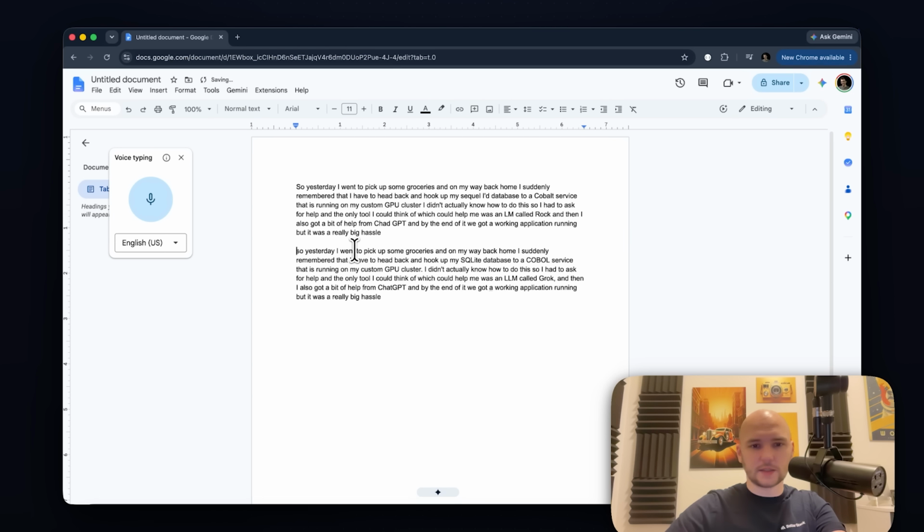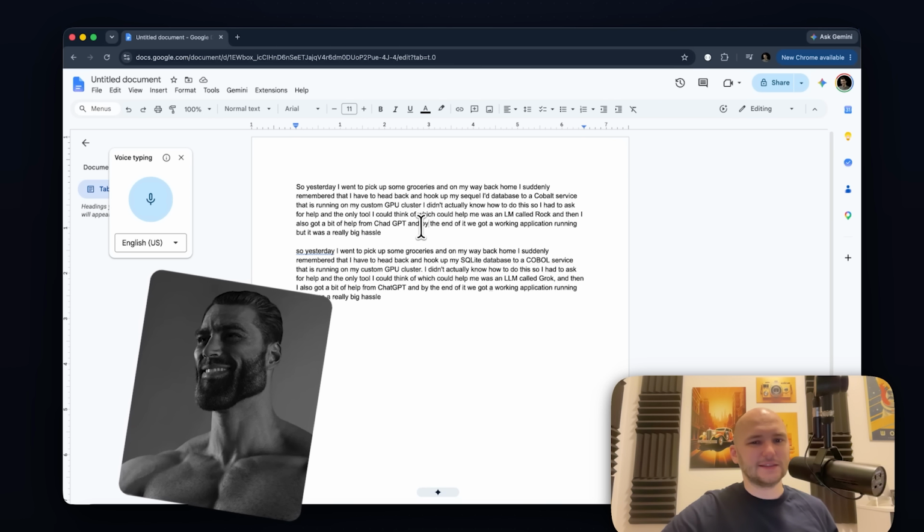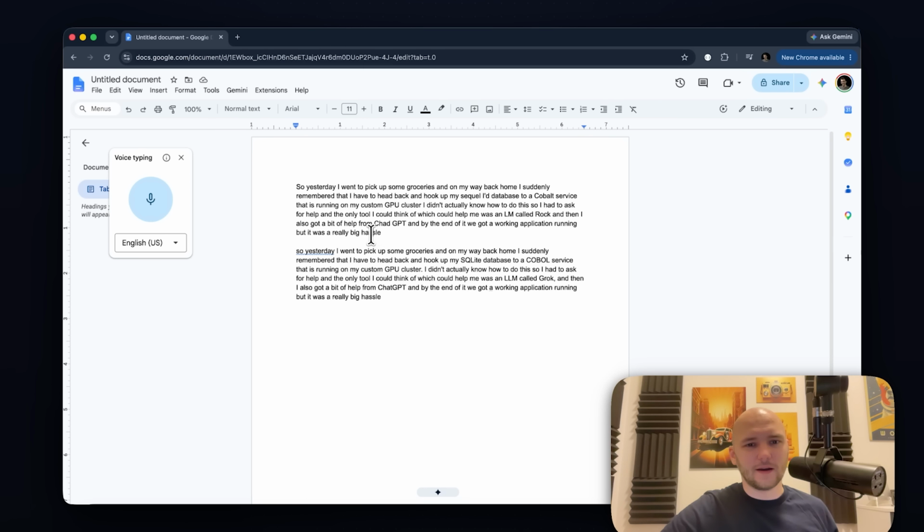Let's separate these two. So as you can see here, the Google voice typing service is a lot worse. It doesn't add any punctuation. It doesn't know how to split your sentences. It didn't get COBOL correctly. It didn't get the SQLite database correctly. It didn't even get the word LLM correctly. It thought that Grok was rock. And this is my favorite one. It thought that ChatGPT was ChatGPT. Nice. So yeah, you can clearly see that Handy is a lot better because it does give you